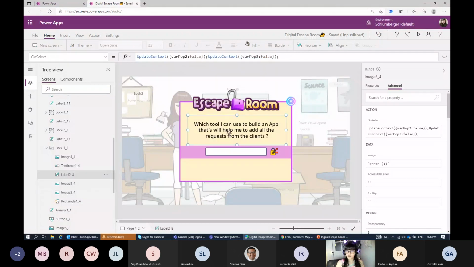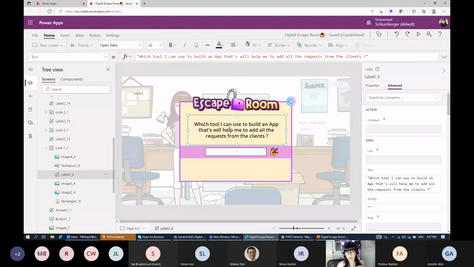Okay. So let us talk now about the 3 things that we have on our pop-up message. It's a label actually, and it's a question. For each pop-up message, there is a specific question. Actually, here it's written within the application. If you have more than these locks, or you have a lot of questions within your digital escape room, I suggest you use a SharePoint list, not a collection, because it's better to put your questions and your answers there, and based on this you will be able to see only one pop-up message, and every time you can exchange it based on the variables that you have. It will be much easier for you. But here we have a few questions. That's why I made it in the easiest way.